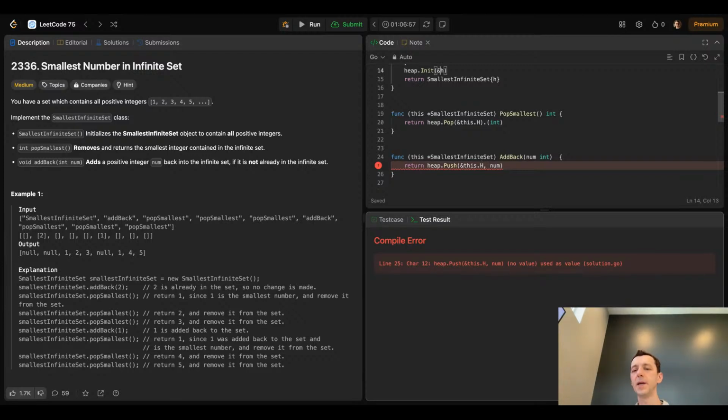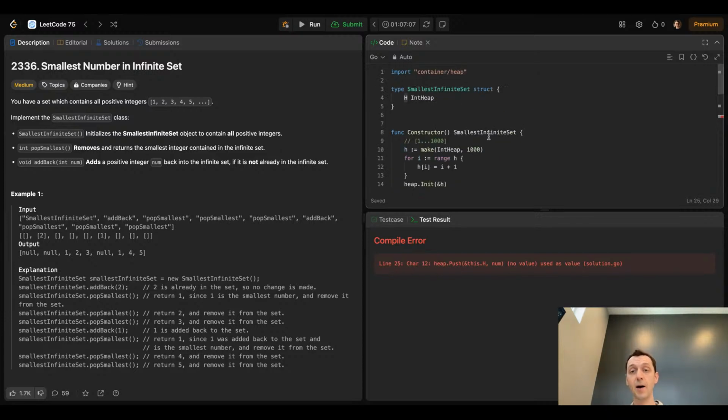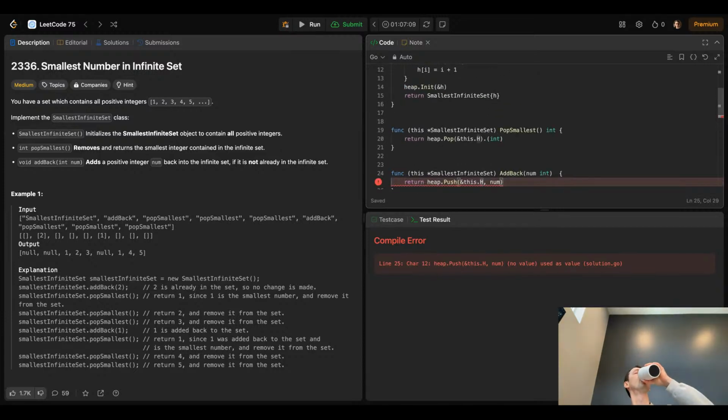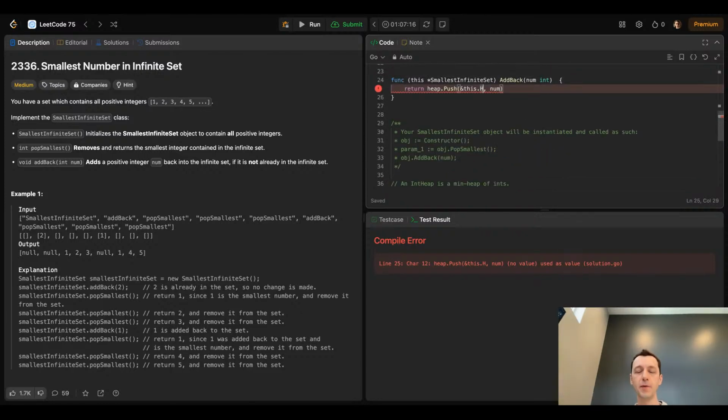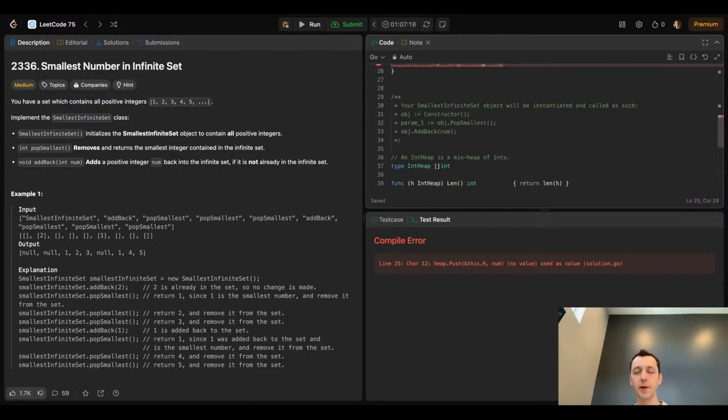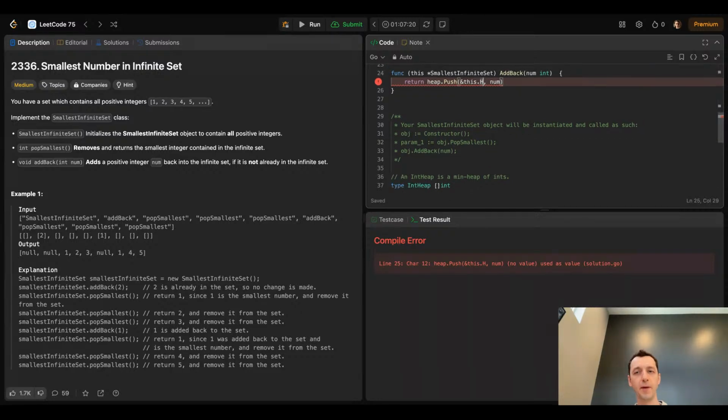Heap push, this h num, no value, uses that value. Wow. I mean, this is a good example of how you can get spaghetti, just like that. Out of nowhere, you just have the spaghetti. And I think this is a good example because,